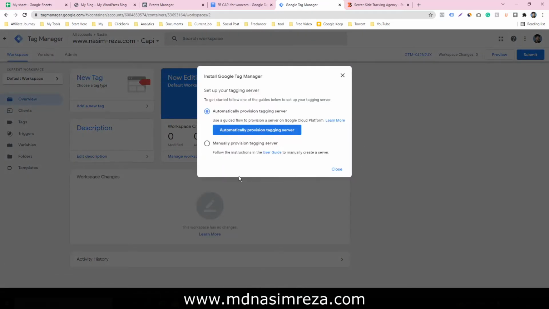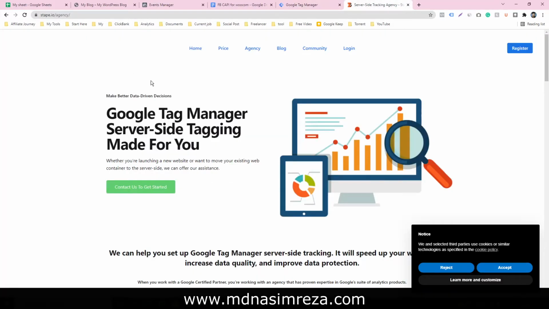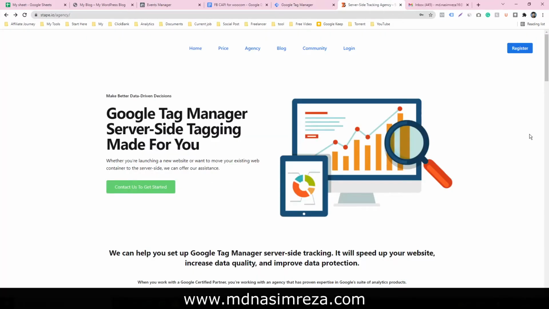So this is our server container, and it says we have to input the code in our server container. In this case we are using stape.io. If you want to use stape.io, you have to make an account first.